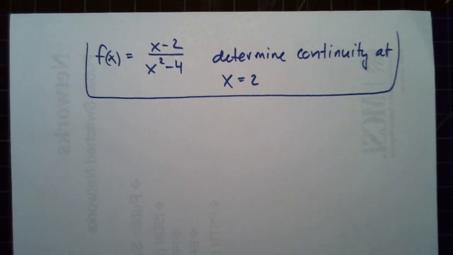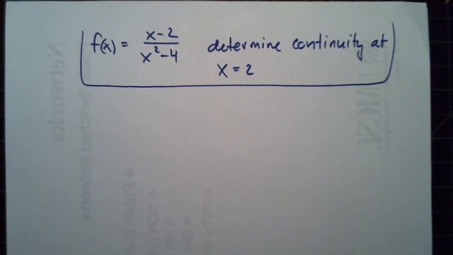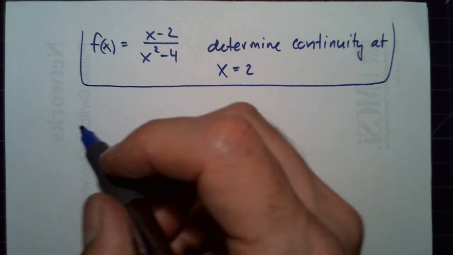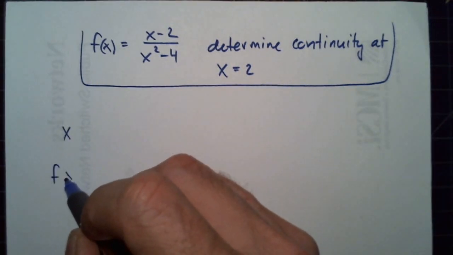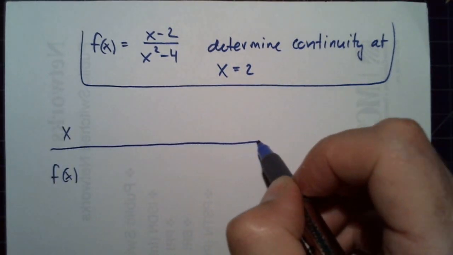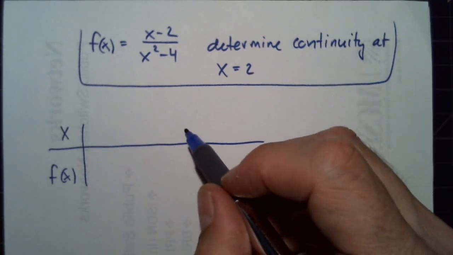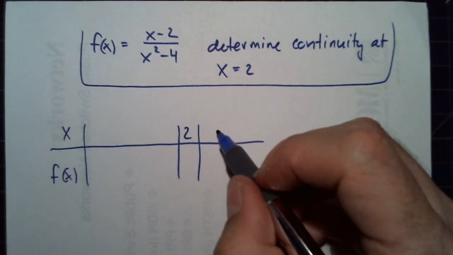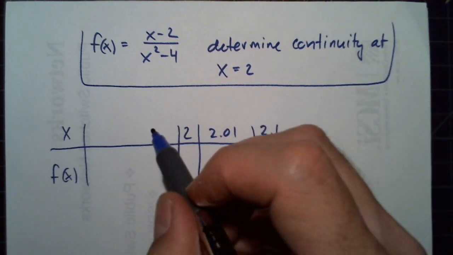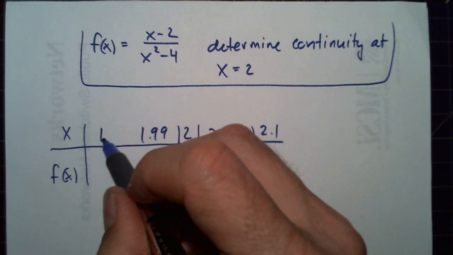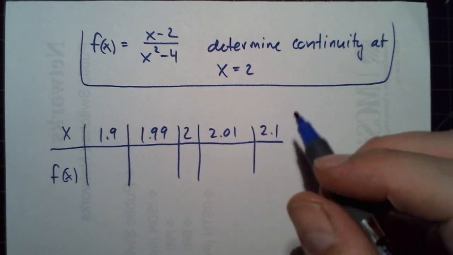Alright, now we'll talk about continuity, where we have to see that there is a y value and the limit is the same as that y value of the function. So let's look at a table. And we need to get close to 2. And we get